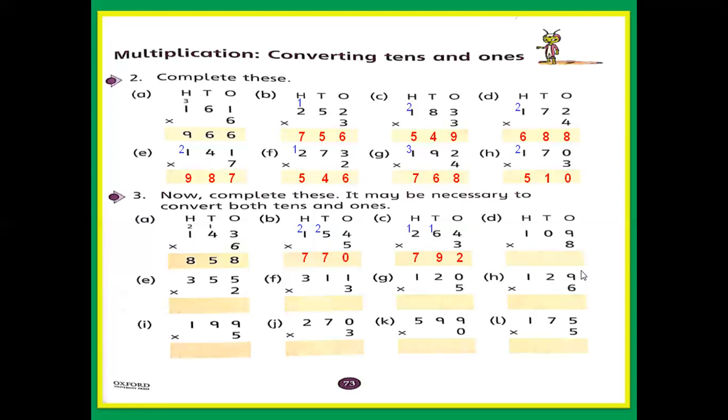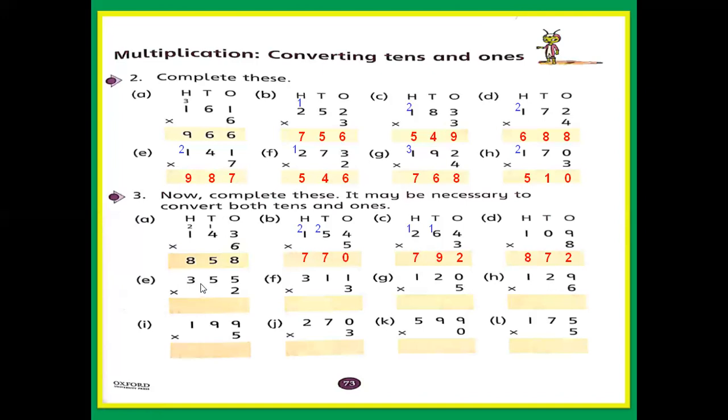D part, 109 multiply 8. So 8 nines are, read the table of 8. Look boys, all tables are used here. So you must learn, memorize all the tables from 2 to 9. So read the table of 8. 8 ones are 8, 8 twos are 16, 8 threes are 24, 8 fours are 32, 8 fives are 40, 8 sixes are 48, 8 sevens are 56, 8 eights are 64, and 8 nines are 72. And why did I write 72 whole? Because 8 nines are 72, and after this 0, so now leave 0 and then multiply, 8 ones are 8.